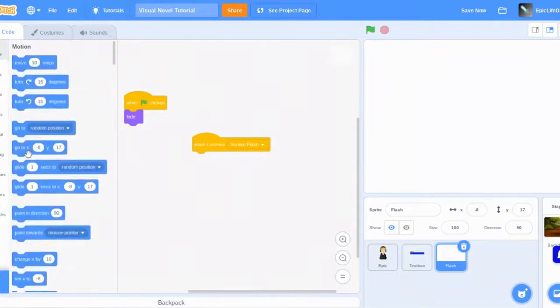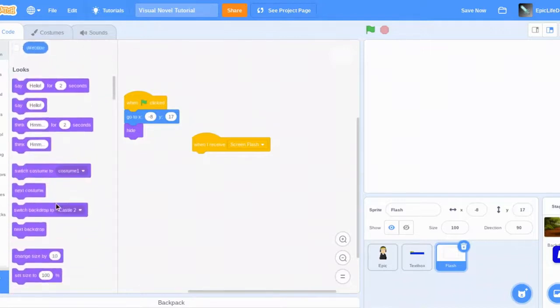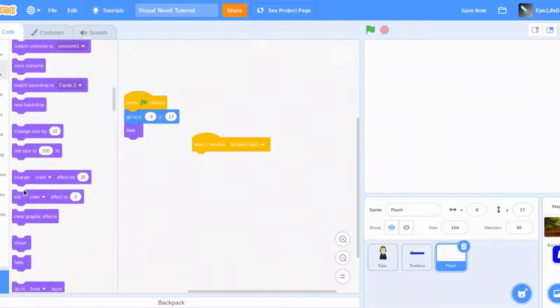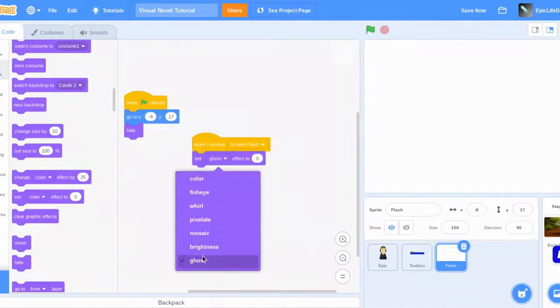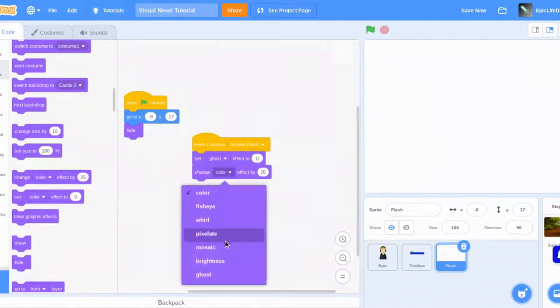Go to here. But when I receive screen flash, where is it? Oh yeah. Set ghost effect to 0, and then change ghost effect